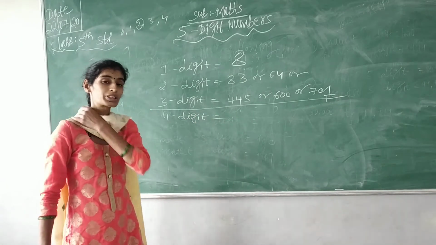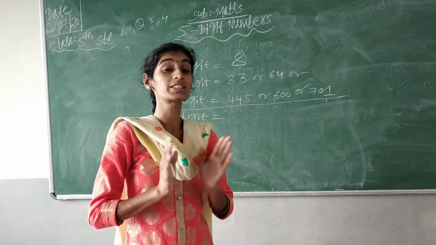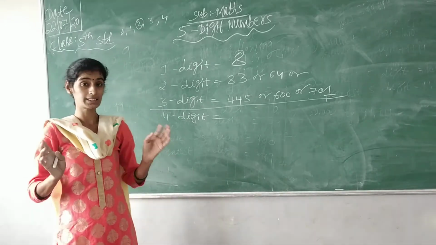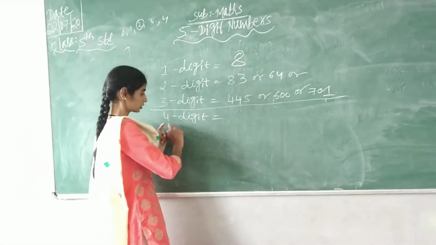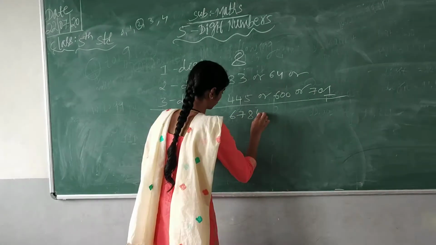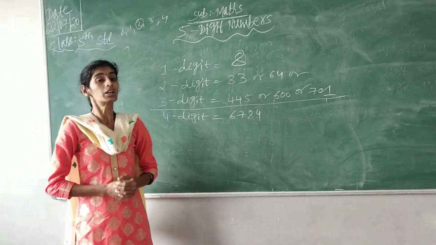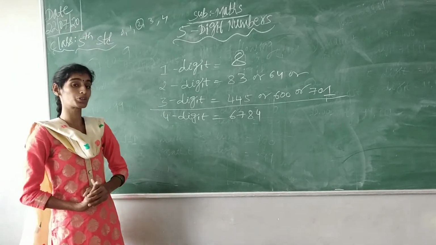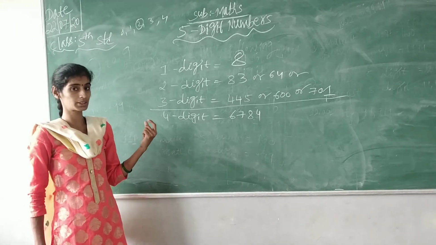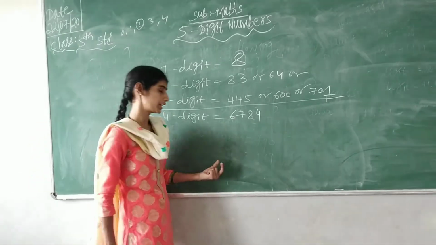Why do we need commas, children? Yes, because those help us to read the numbers easily. Without the commas, we cannot read the numbers easily. I will tell you why. So I write one 4-digit number, 6784. If you think that you don't have any knowledge of numbers, then how is it possible to read this number, children? It will be a little bit difficult to read. Supposing I place the comma, then you can easily read this number.